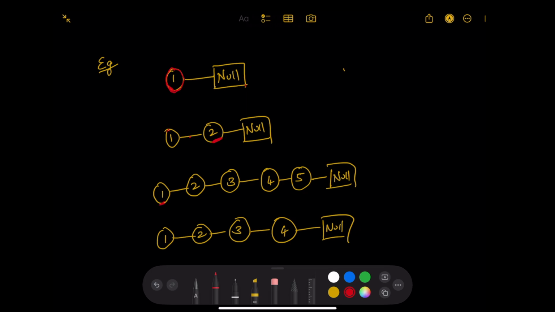Example number 3 is straightforward because we have 5 nodes. So we have to return the middle, which is going to be 3. And in the fourth one, we have 4 nodes, which is even. So the middle nodes will be 2 and 3, and we need to return the second one, so the output will be 3. To solve this problem, the best solution is slow pointer, fast pointer, where we will have two